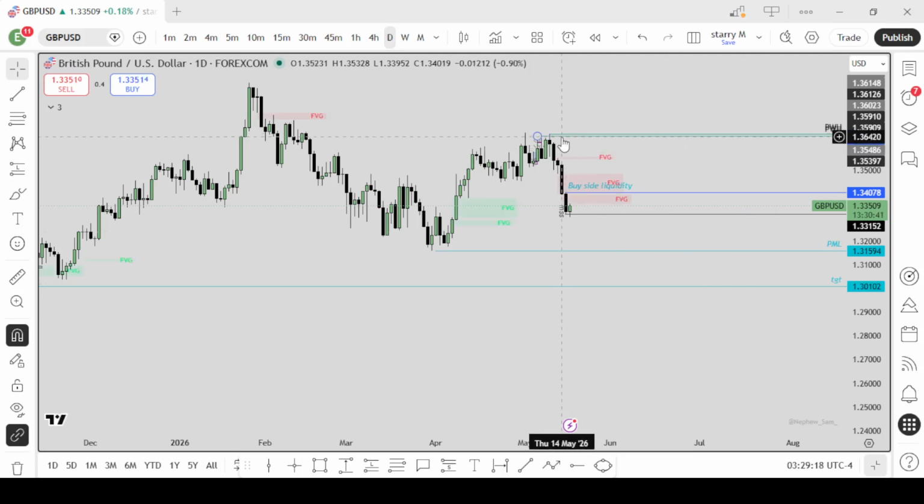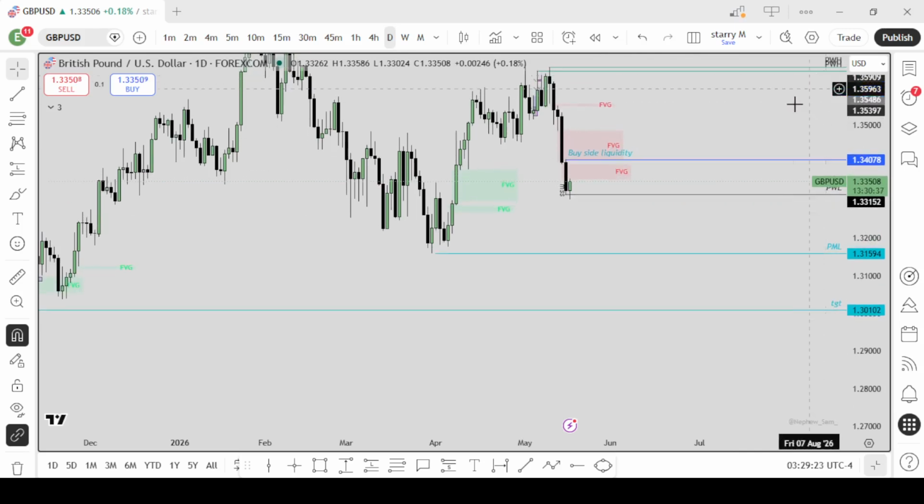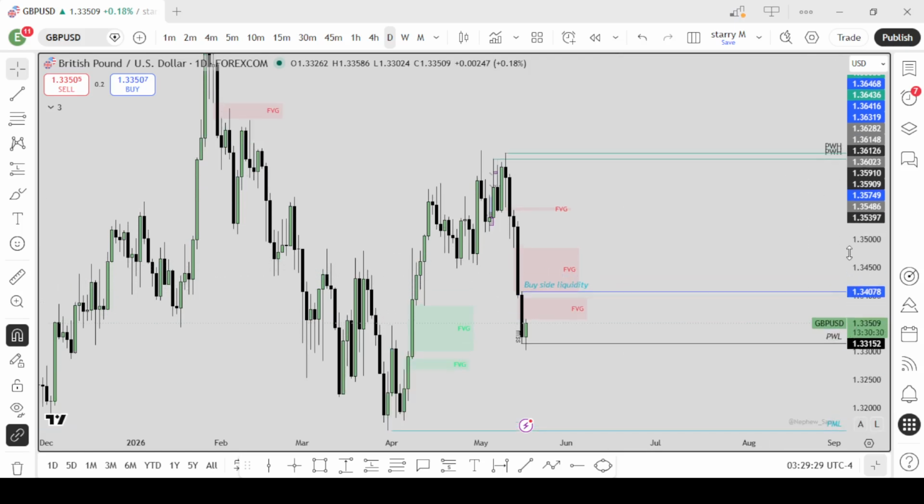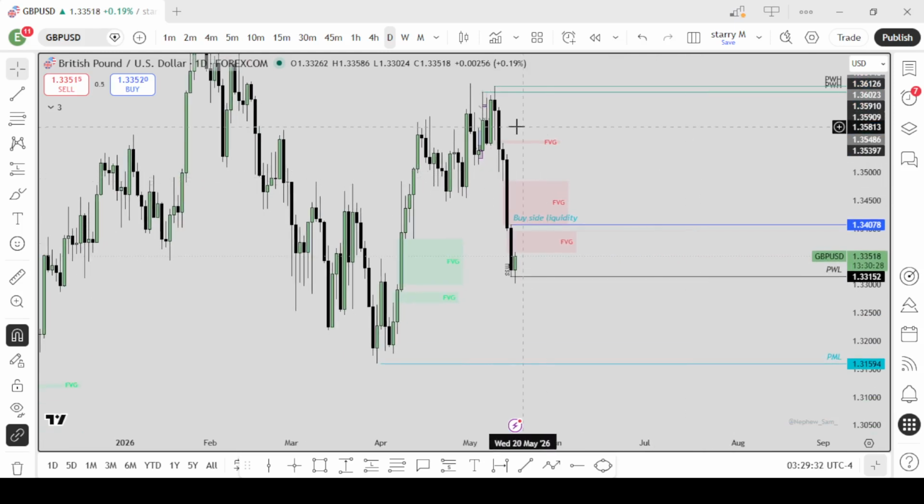These are just my markings: the prior day high, prior week high, prior week low. We just mark them out. Buy side liquidity is the previous day's liquidity. So today, we are currently very bearish on the daily and even forming a fair value gap. We might be just mitigating these fair value gaps and then coming down, resuming the trend. Like today, we've already, on the 1 hour,